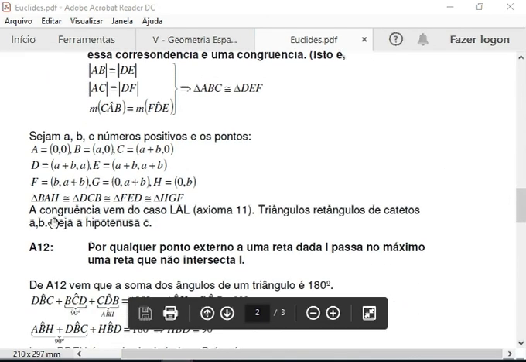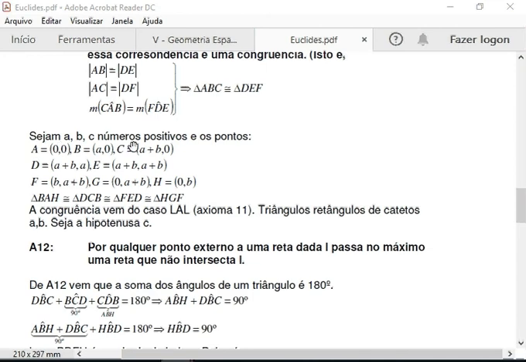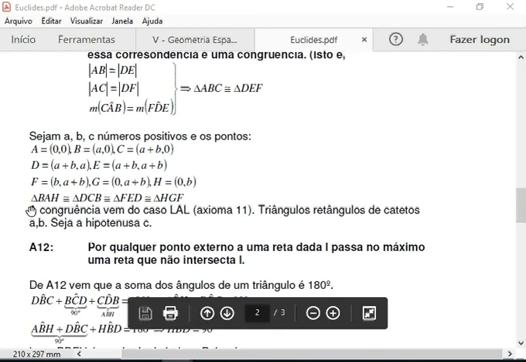Continuing the reasoning, let A, B, C be positive numbers. Let the points be A (0, 0), B (a, 0) with a greater than 0, C (a plus b, 0) in the plane, D (a plus b, a), E (a plus b, a plus b), F (b, a plus b), G (0, a plus b), H (0, b). Then